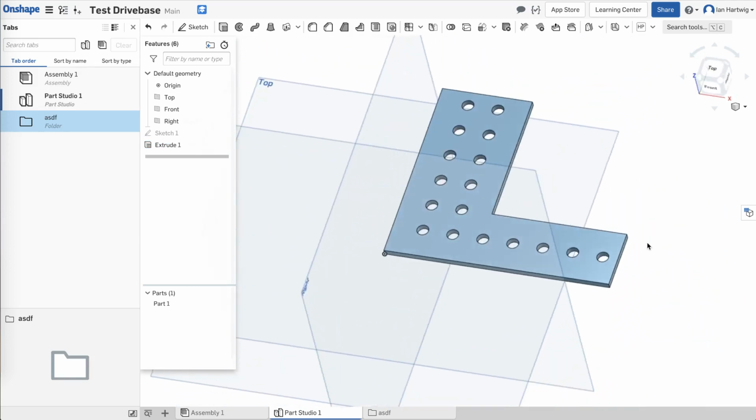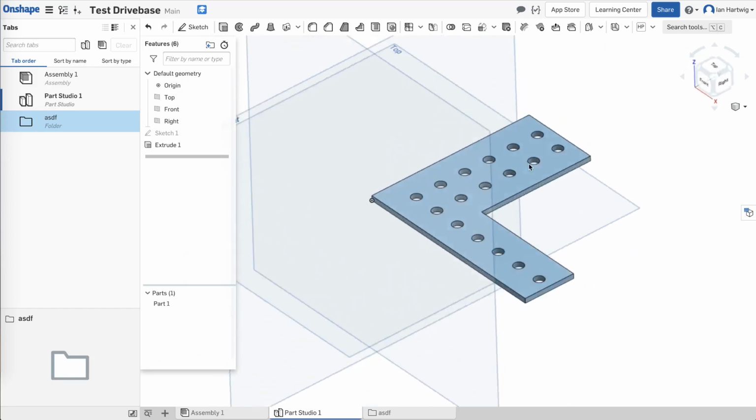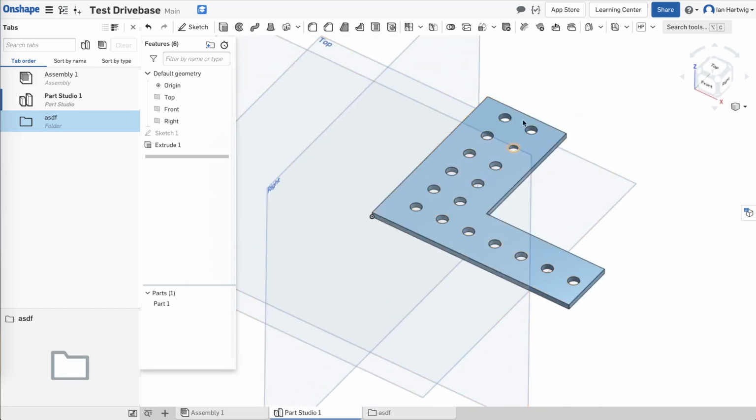Great. So in order for this to be really useful to us later, we could basically use this now, but if we wanted to bring it into an assembly somewhere else, it currently has the name Part 1. So you can see that when you made this extrude, we got this new parts list at the bottom. If we want to give it a name that would make sense if you see it in another assembly of the robot, we can just right click on Part 1, choose rename, and let's call it